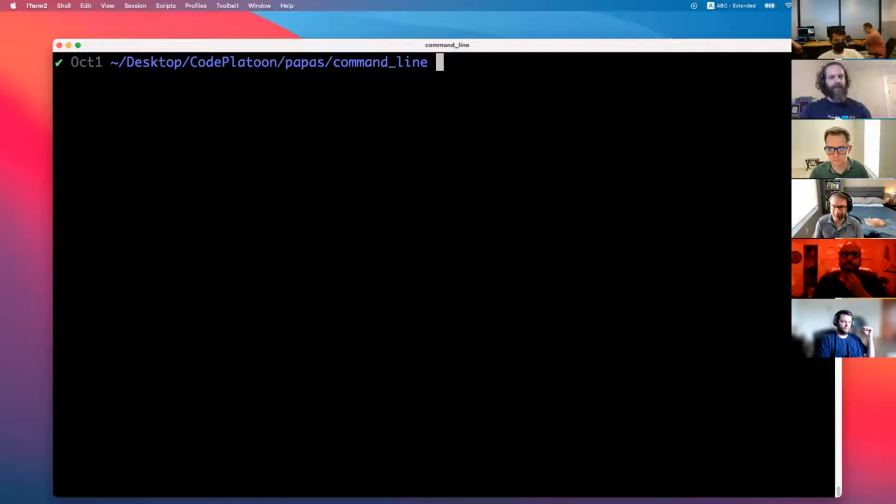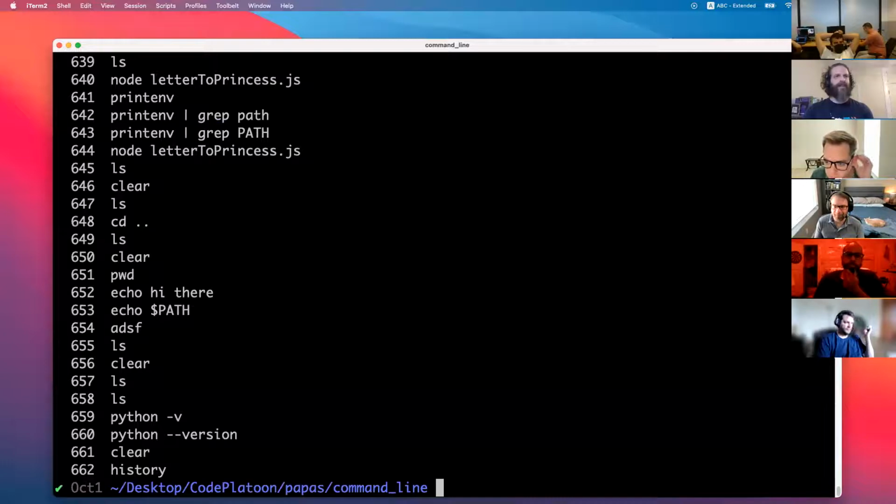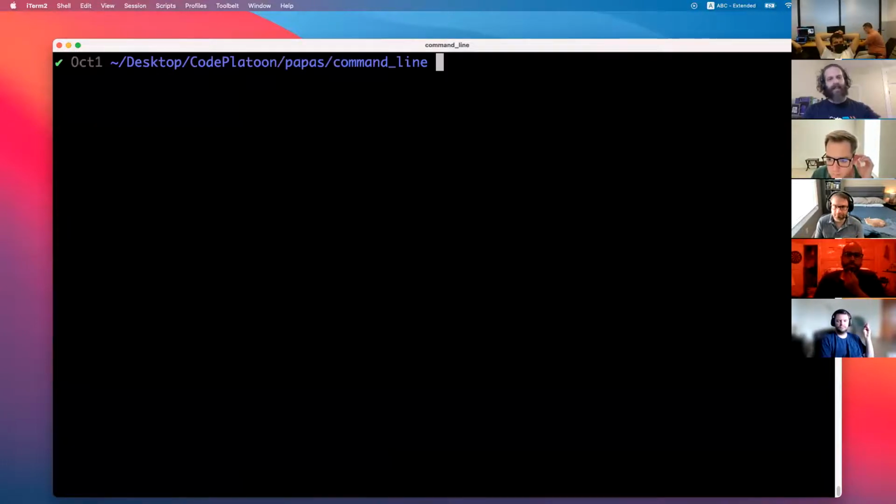You may not realize it, but your terminal is spying on you. Everything you do is being secretly recorded. So I can do history, and I can see all of the commands, and I think it goes up to 1,000 by default. You can change that configuration if you like. Every command you execute is saved to this history file, and then you can press the up arrow and cycle through previous commands. So you don't have to type them again, or remember what they were, especially if they're more complicated commands.